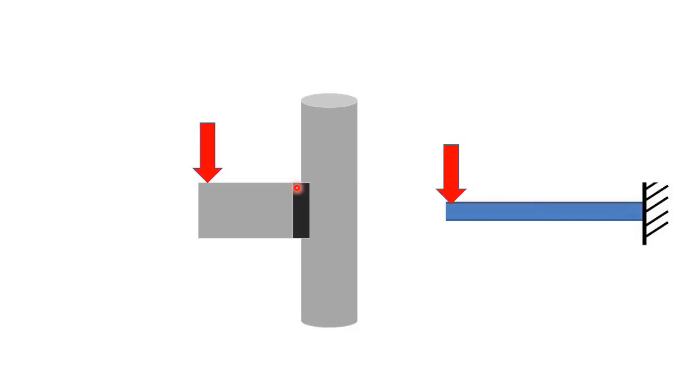And now tell me, to design this cantilever beam, what do you need to know? Of course you need to know the moment at the support. Got it? So to design this plate, to define the dimension or to find out the thickness of this plate, first you have to find out the bending moment at this support. Not only that, the whole system is connected with this column through this weld, and to design this weld, you must know the value of the bending moment here. So now I think you have got the answer why we need to consider the bending moment in case of a shear connection.